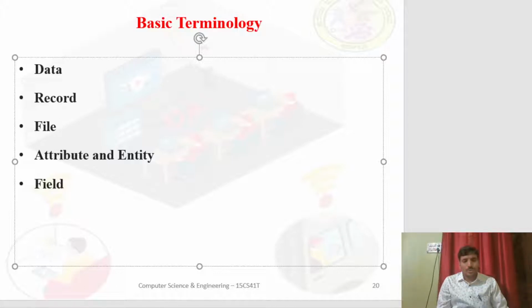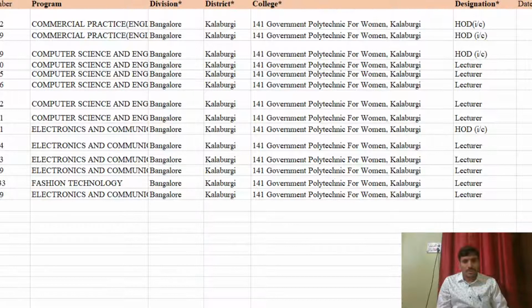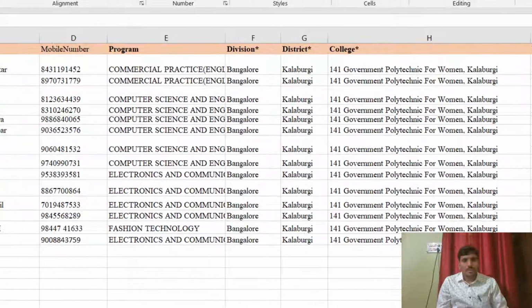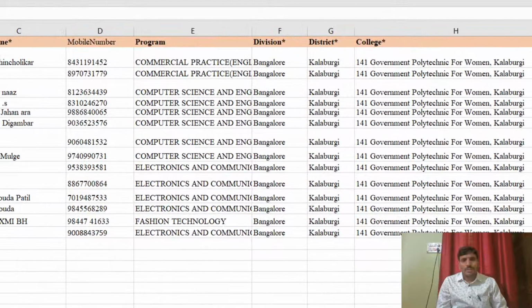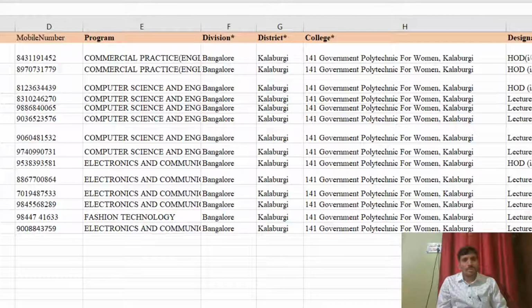Let me show you one file, how a file is. Okay, see here. So here, this file consists of these many records having the field names: mobile number, program, division, district, college, name of the persons.